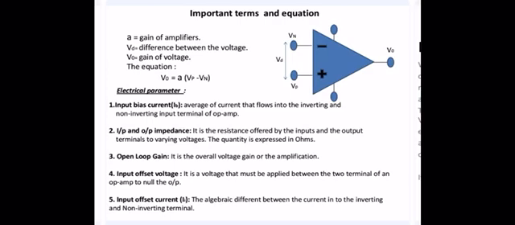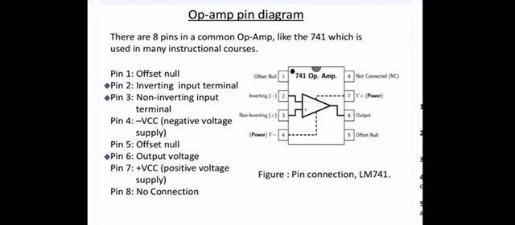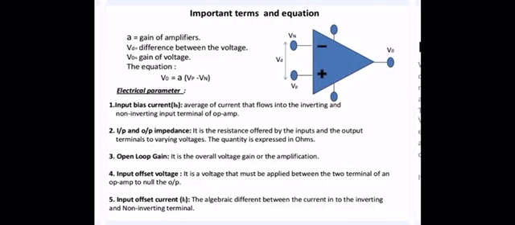Next is the open loop gain. Open loop gain is basically the voltage gain, or we can say just the amplification. We already discussed it with the symbol A. Next is the input offset voltage. This was the point we were discussing in the last slide. It is the voltage that must be applied between the two terminals of an op-amp to nullify the output. So we have to make the output zero, or balance the output. What should be the voltage that we apply to the input terminals? That is called the input offset voltage, and the same goes for input offset current, which is the algebraic difference between the currents in the inverting and non-inverting terminals, known as input offset